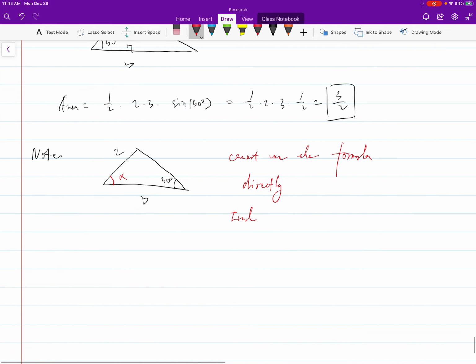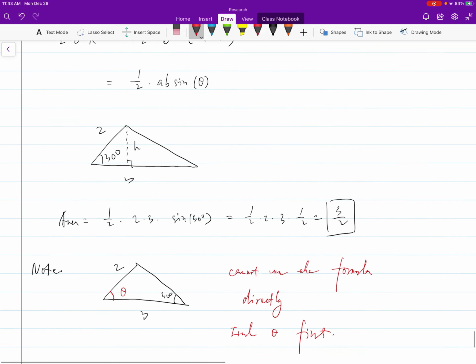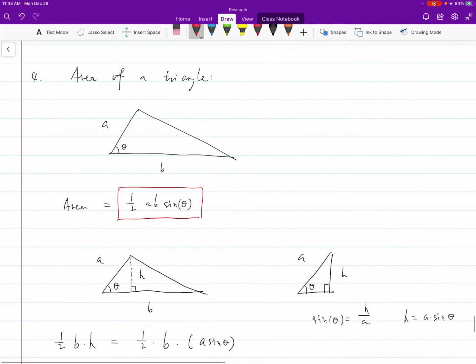Instead, find theta first. The angle has to be very specific. It has to be the angle between the two sides. This angle doesn't work, this angle doesn't work, unless you spend some additional time to figure out what this angle is. All right, that's all for trig functions, the first